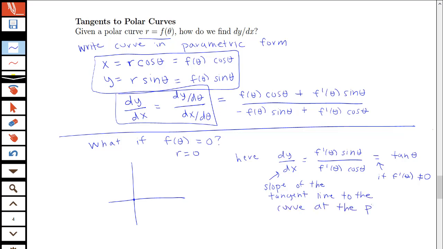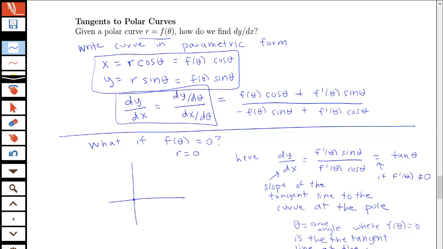Remember, the pole is what we call the origin in terms of our polar coordinates. Okay, and theta equals some angle here, where f of theta equals 0, is the tangent line. That's like the equation of the tangent line in polar coordinates